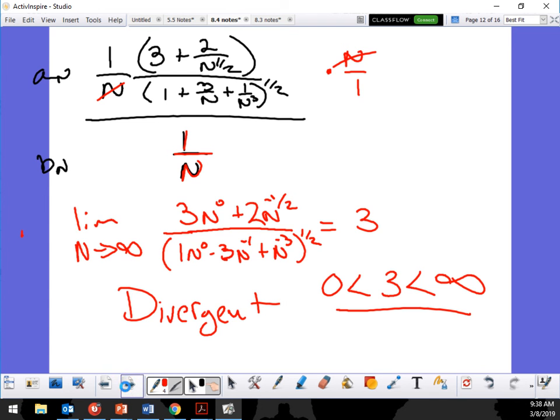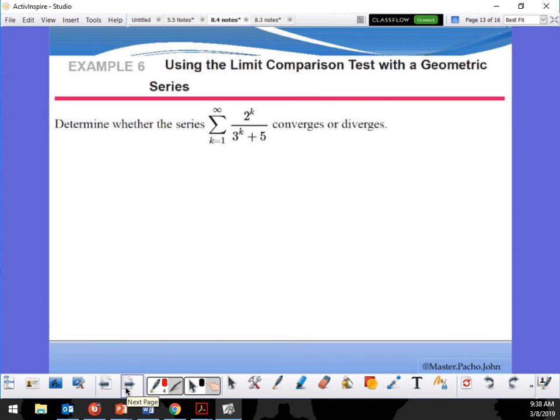All right, next one. Determine whether a series converges or diverges. So now on this one right here, this one is using a geometric series. Now in this geometric series, let's see what we're going to get. If I rewrite this as 2 to the n over 3 to the n plus 5, as n gets really, really large,